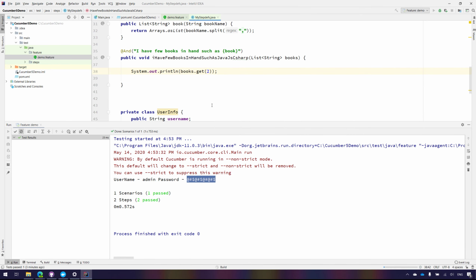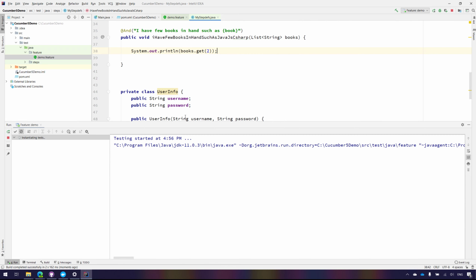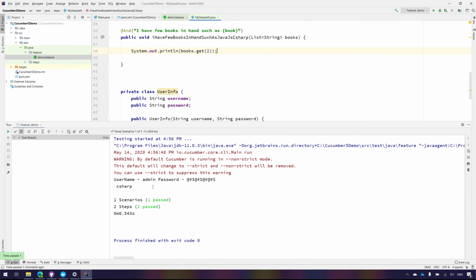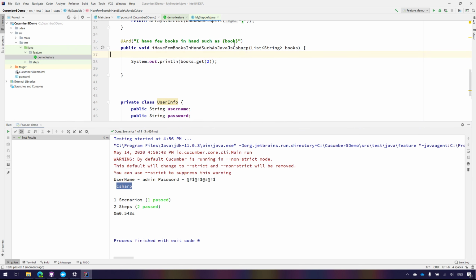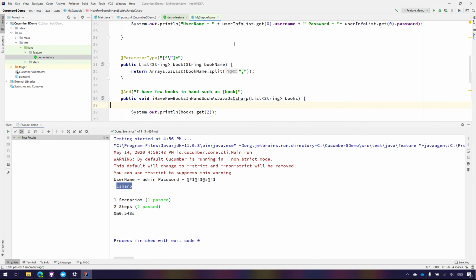So now if I try to run this code, you can see that it prints me C#. So it gets the value out from it using the @parameter_type transformation over here, which is also pretty cool because now we can also get the parameter type, and now you can do a lot of operation over there. You can get the value, you can change the parameter type, whatever operation that you want, and then you